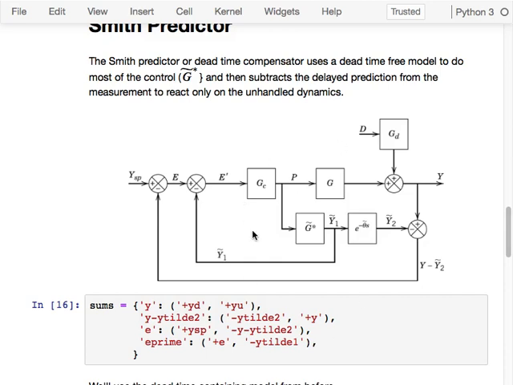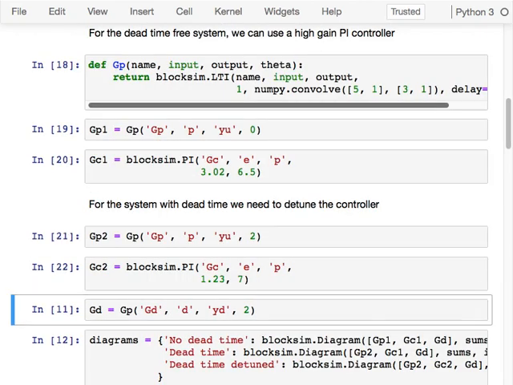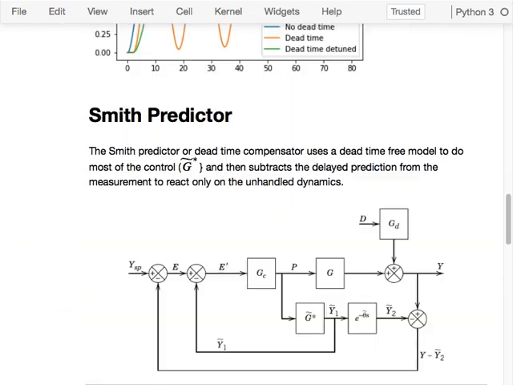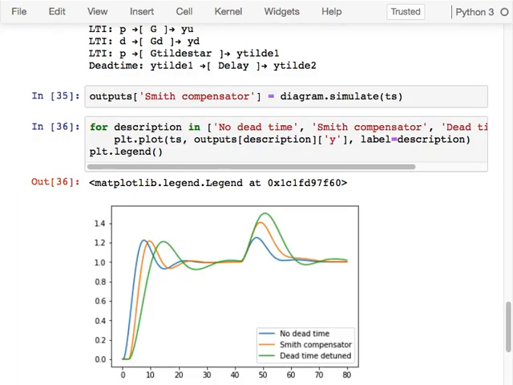Are there any questions about how the system is working? Because I can demonstrate that it works by showing you the simulation. So we can basically run the whole simulation again, but now with the Smith predictor in place, and what we will find is that the Smith predictor allows us to get almost exactly the same set point tracking response as we had